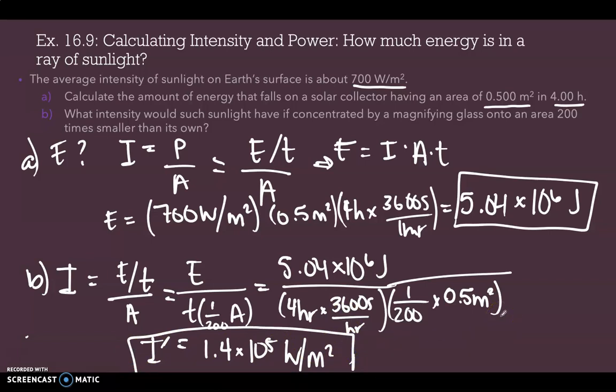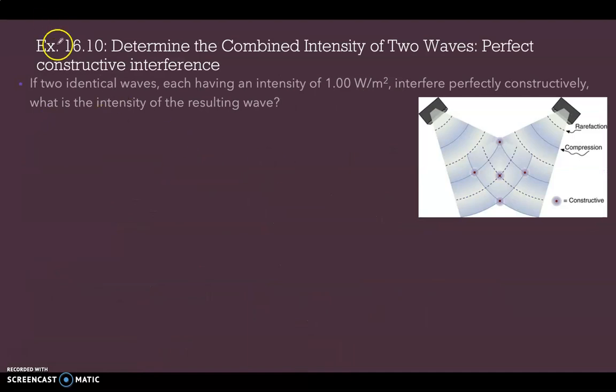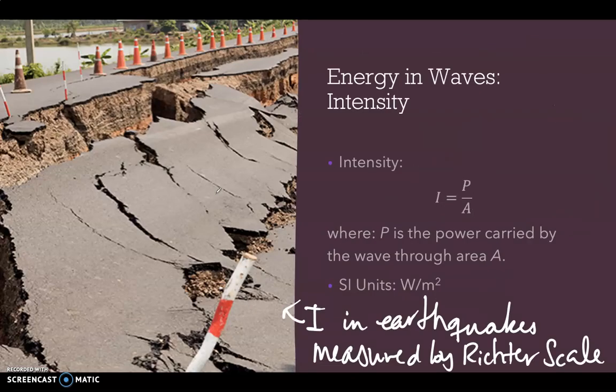Okay, so I have one more example, and that is 16.10. We are looking at two identical waves that each have an intensity of 1 watt per meter squared. They interfere perfectly constructively, and we want to know the intensity of that resulting wave. So remember that intensity is equal to power over area. And when we're looking at a constructive interference, let's go back